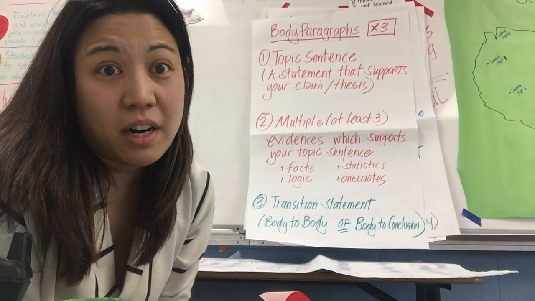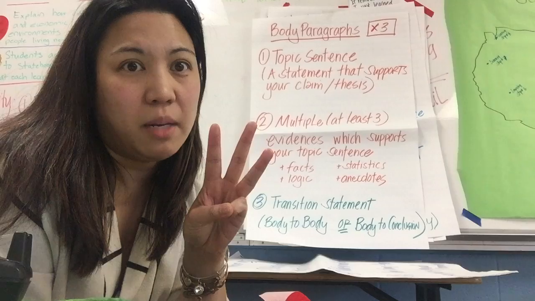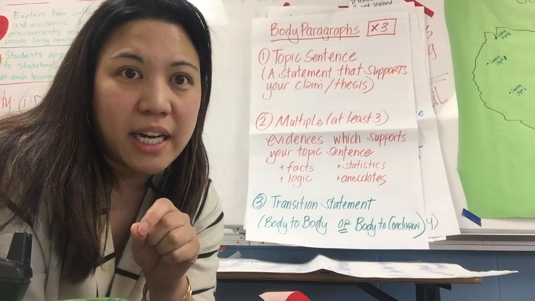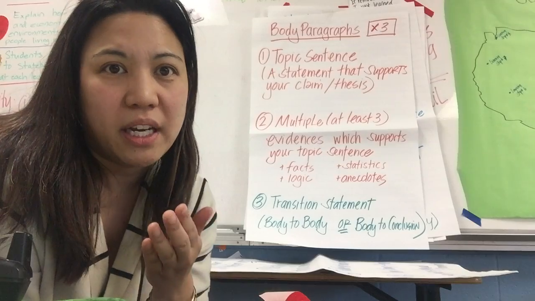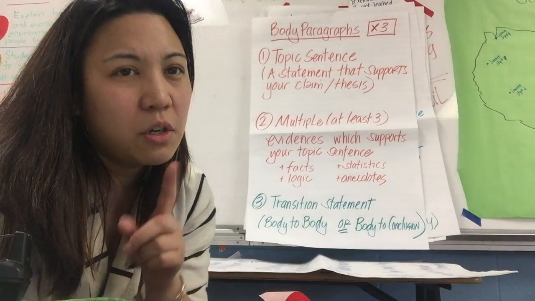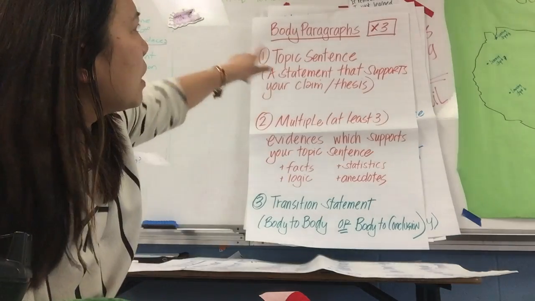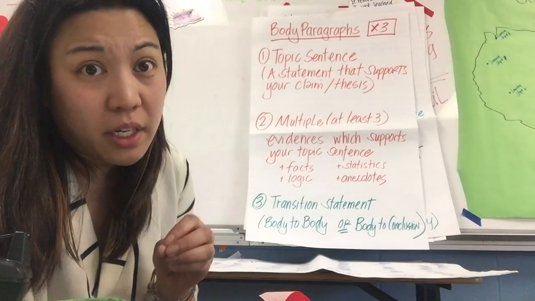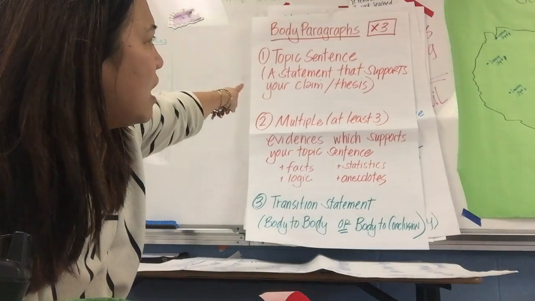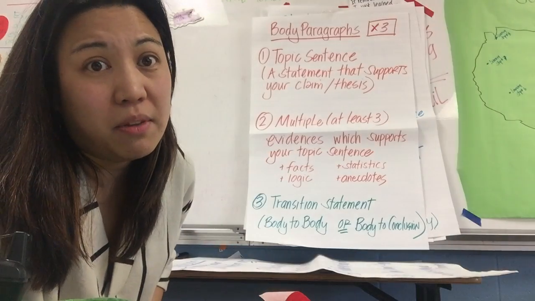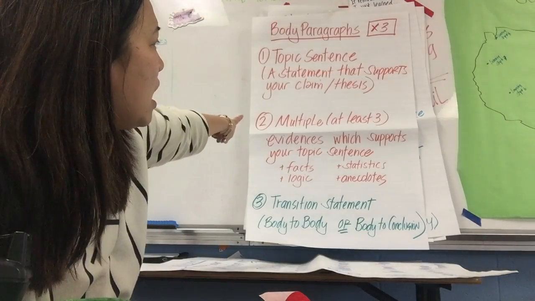In a 5-paragraph essay, you should have 3 body paragraphs. For this particular task, I would be happy if you could write 1 body paragraph, but again, if you want to get those extra Destiny dollars, we're shooting for more. With a body paragraph, you're going to look at your position and you're going to say, well, what is the one topic sentence? A statement that supports my claim and thesis. Then, I'm going to look at